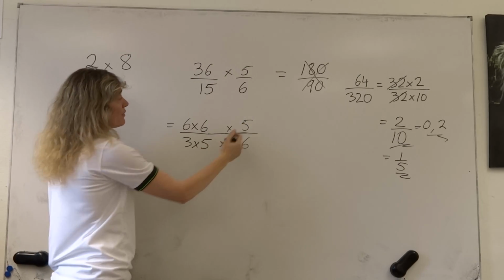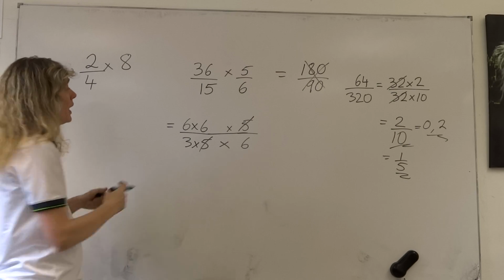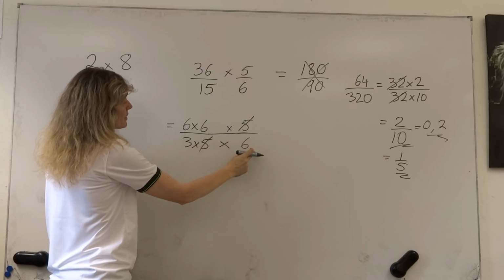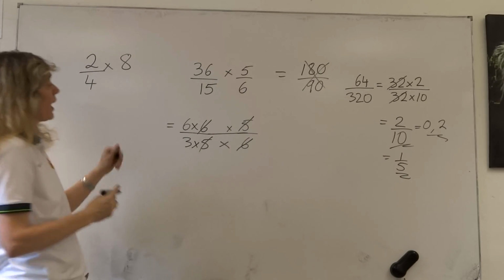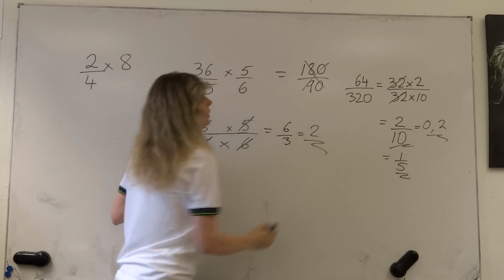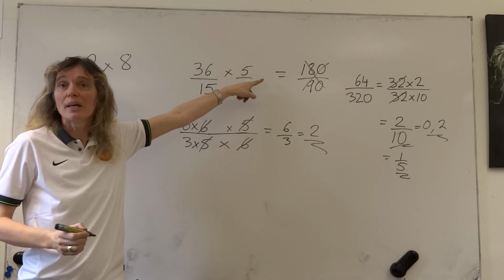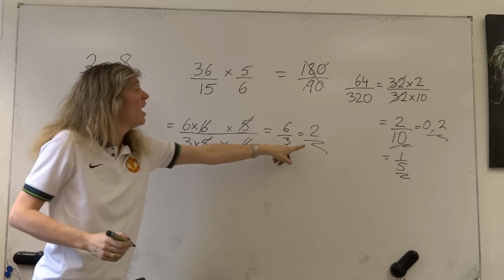Here's a 5 and there's a 5. 5 divided by 5 is 1. Here's a 6 and there's a 6. 6 divided by 6 is 1. What do I have left over? I have 6 divided by 3, which is 2. So instead of having to do that big multiplication and get 180 divided by 90, I get the answer